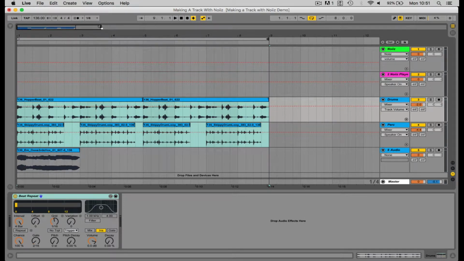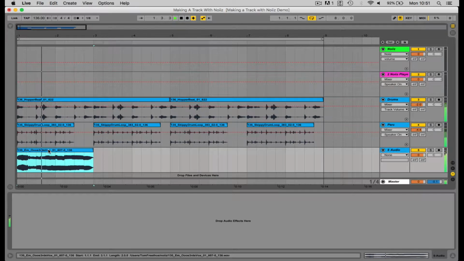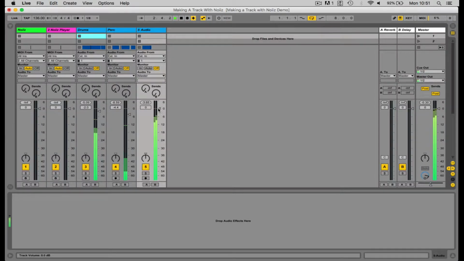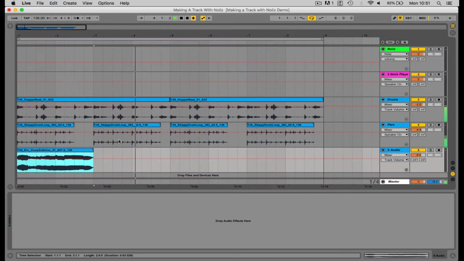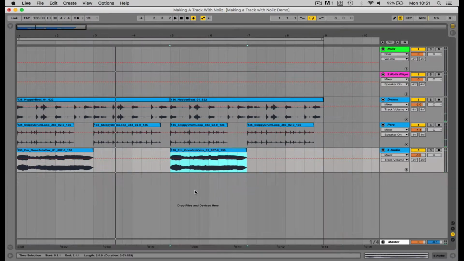Always like to work in blocks of 8. Bring that down a little touch. Going to copy this over as well, and we'll put that at the beginning of the 5th bar. Nice. Now, it's pretty essential to add some harmony to your vocals, and you can do that pretty easily with